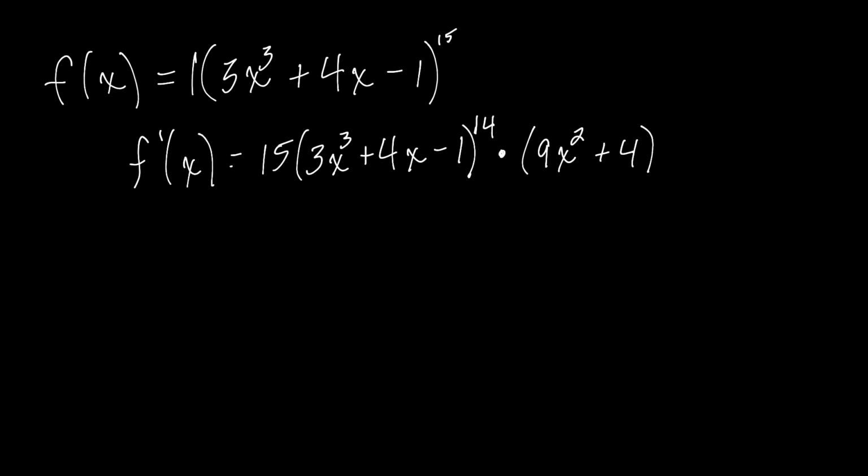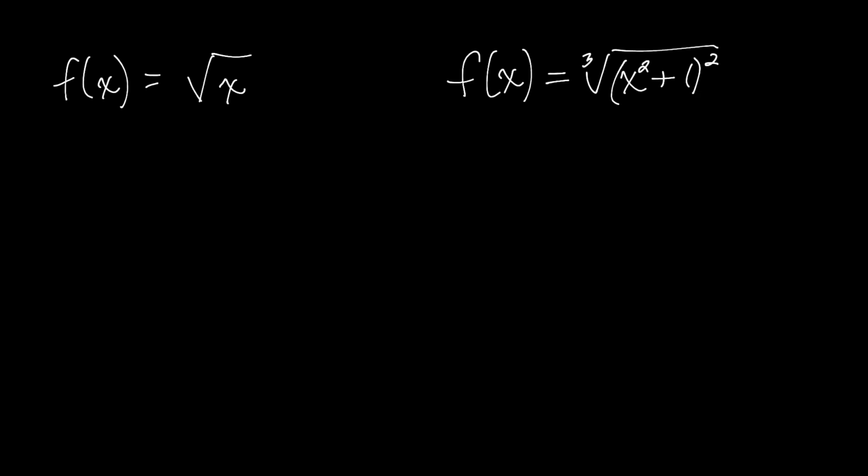All right, let's look at a more medium example. These ones were kind of easy. We'll go medium next. All right, here is another instance in which we're happy to have the chain rule. If you look at the function I have on the right-hand side here, it's the cube root of this binomial